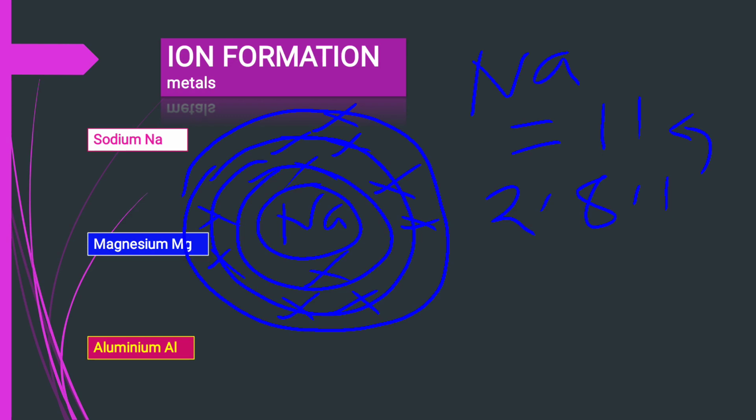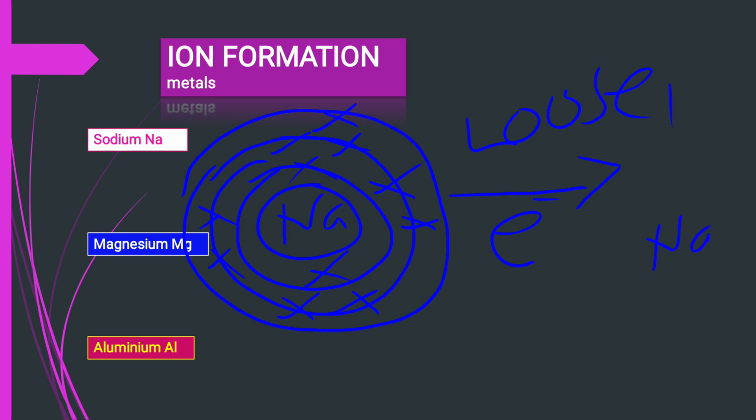Therefore, for sodium to form an ion, it does so by losing the electron in the outermost energy level. How does that happen? Let me show you. Sodium will form an ion by losing 1 electron. After losing 1 electron, it now forms an ion